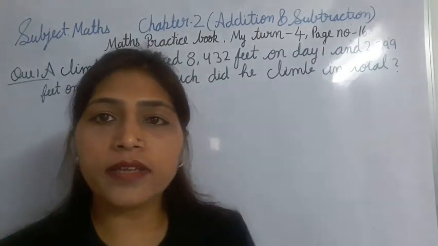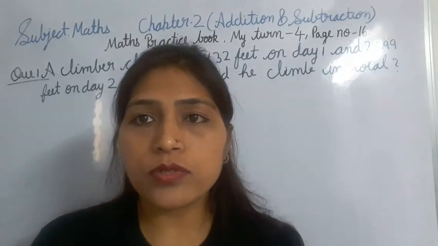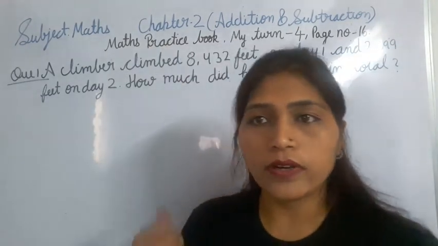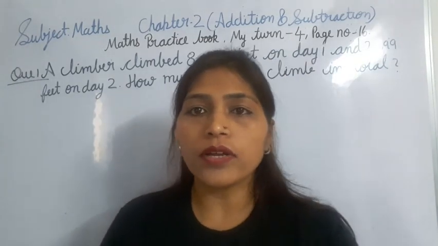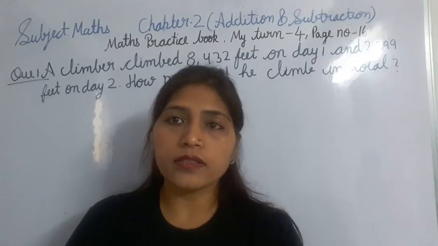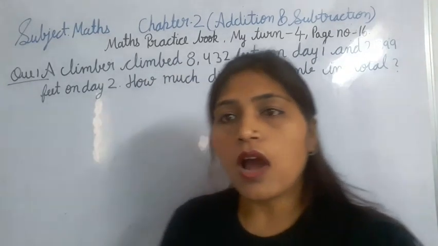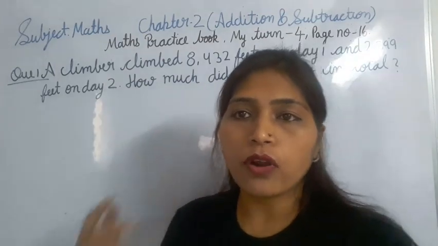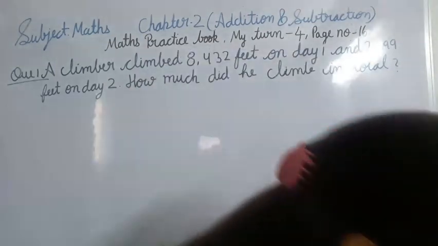So now our second chapter is over. All the topics are covered. But a few students are facing problems in word problems. I gave you homework related to number bonds. They are not able to draw the number bonds. So that's why I am explaining. I am making this video only for how to solve the problem, how to draw the number bonds for the word problem. Okay, so just open your book.